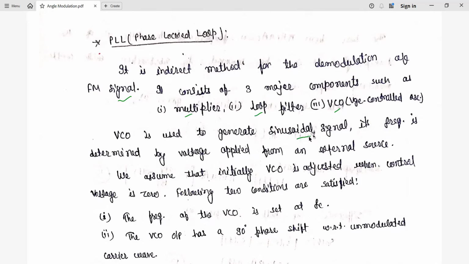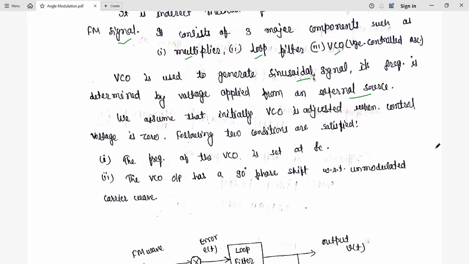It is used to generate a signal, as any oscillator does. So here also it's going to generate a sinusoidal signal, and the frequency is determined by the voltage applied from an external source. Now we consider the initial condition: the VCO is adjusted so that when the control voltage is zero, that is, the initial voltage is zero,